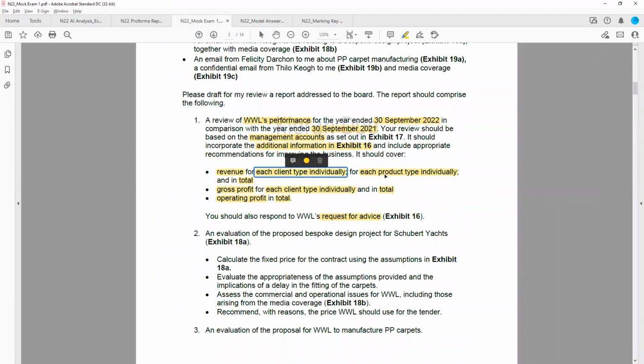Revenue, we've got it by client type, we've got it by product type, and we've got it in total, gross profit by client type, and in total, operating profit and the request for advice. And actually we use the requirement wording